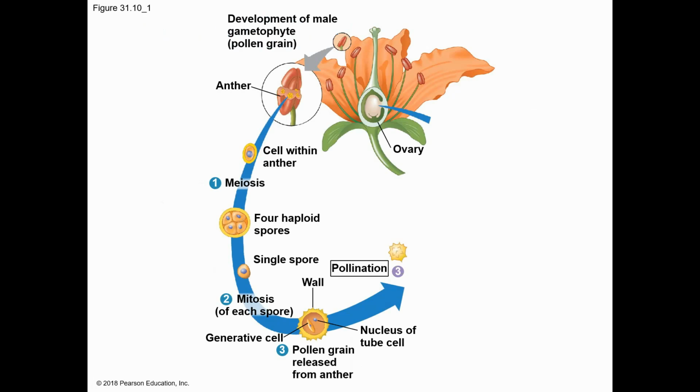Here, let's take a look at that process. This goes over the details of the sporophyte to spore to gametophyte to gamete. I'll point that out here. This is your normal sporophyte, right? That's going to be the diploid state of your plant, and that will produce spores. That's what we see here inside that anther region. We're looking at the male gametophyte production of the pollen grain. And so the cell within that anther will